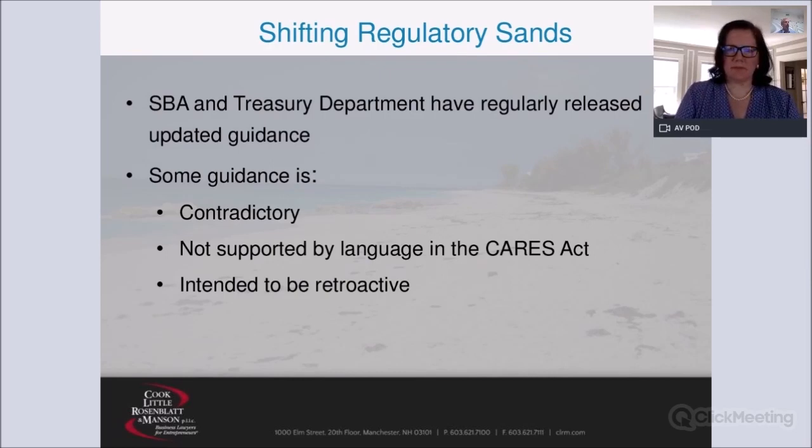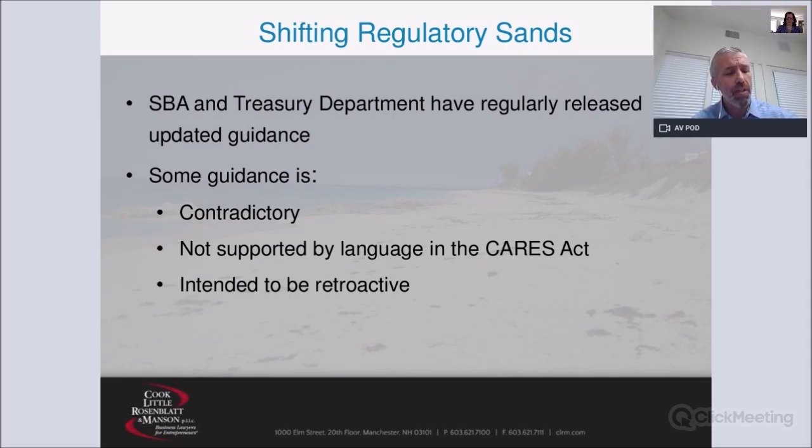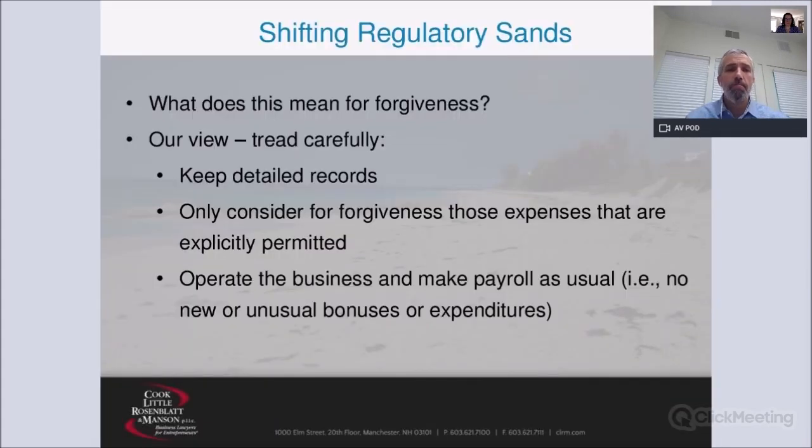So if you do have a PPP loan, and you decided that it's not absolutely necessary, or you have alternative capital resources that you can delve into through your business, one of the things before you even get into forgiveness you may want to think about is whether or not that loan should be repaid. So I think they've now decided that the floodgates opened too quickly, and now feel as though they're trying to pull back a little bit. So what does all of this mean for forgiveness?